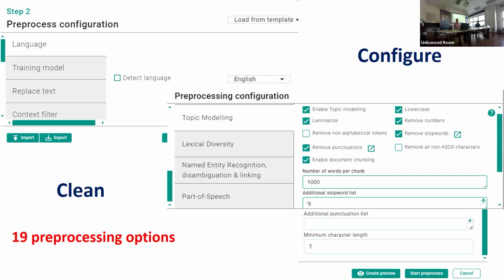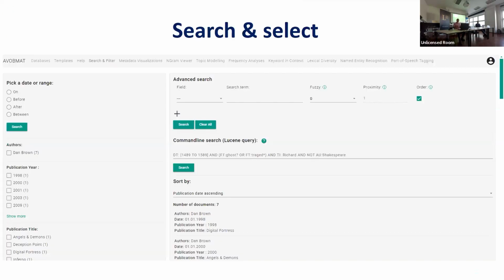There are 13 different parameters that you can set up, including lemmatization, lowercase, chunking, minimum character length. And you can again create a preview of your data set by applying these settings. And if you're not satisfied, you can go back and change the parameters.